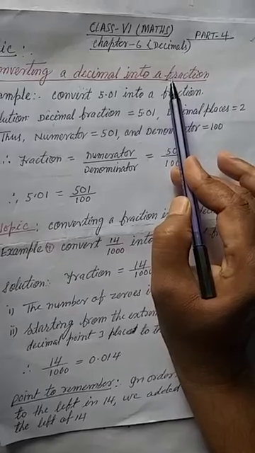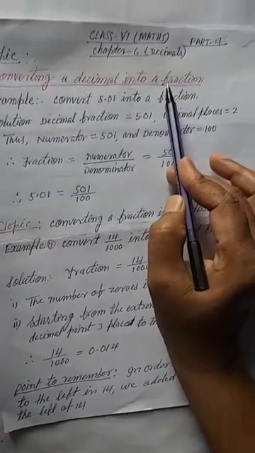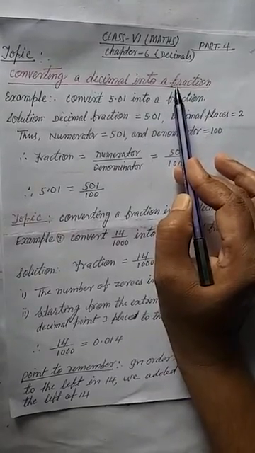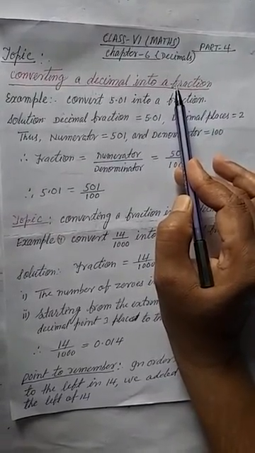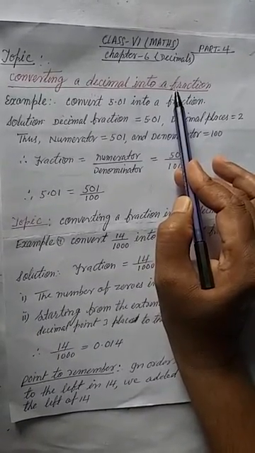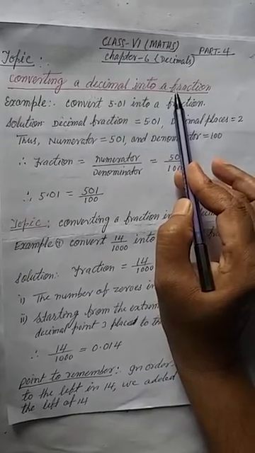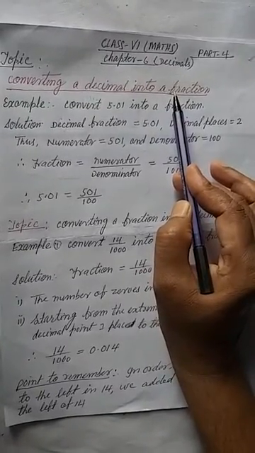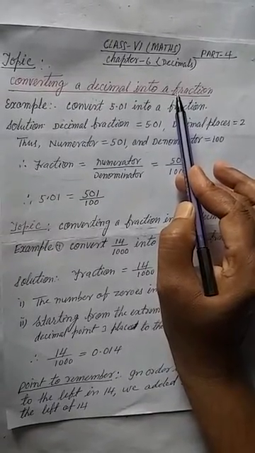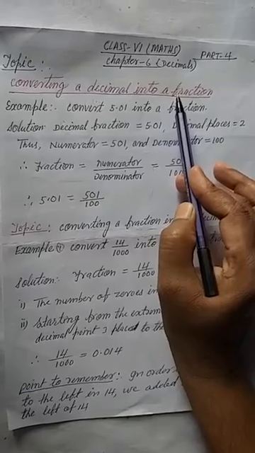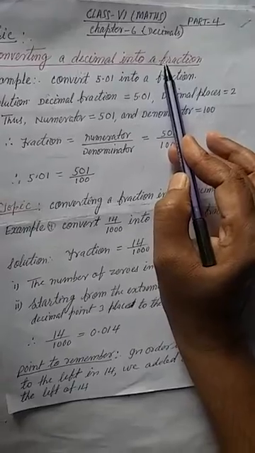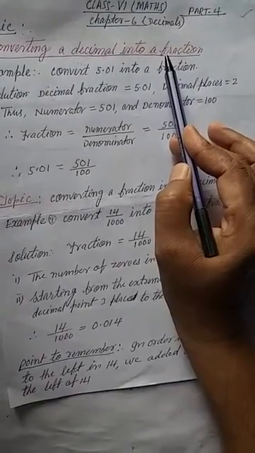The first step is to divide the numerator by the denominator till a non-zero remainder is obtained. The second step is to put a decimal point in the dividend as well as in the quotient. The third step is to put a zero on the right of the decimal point in the dividend as well as in the remainder. The fourth step is to divide again as in the division method. Step 5, repeat step 4 till the remainder is 0.